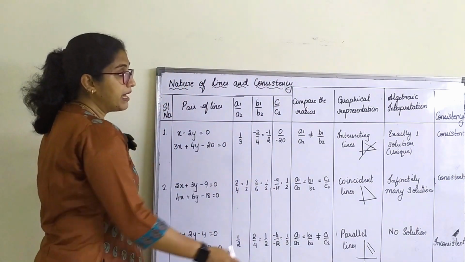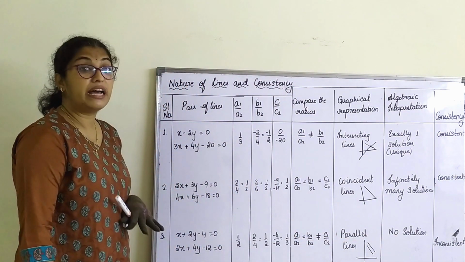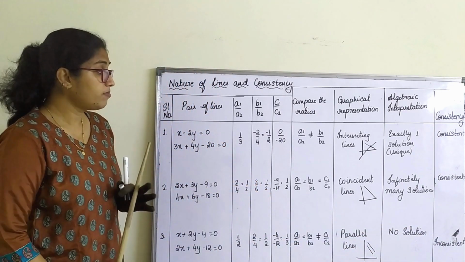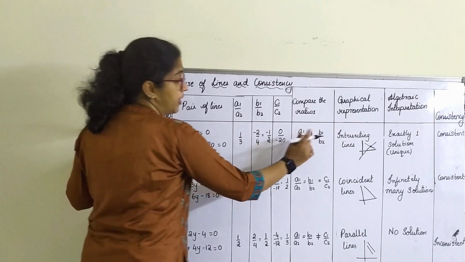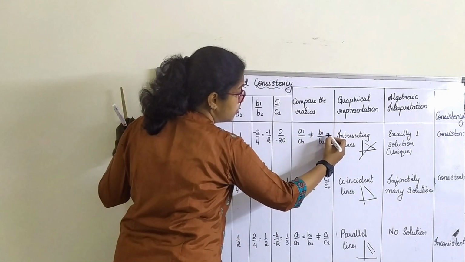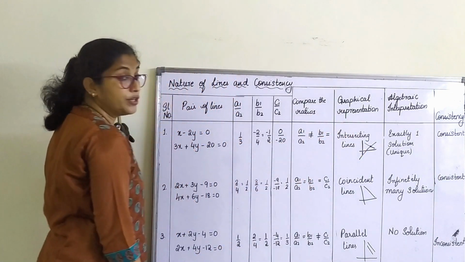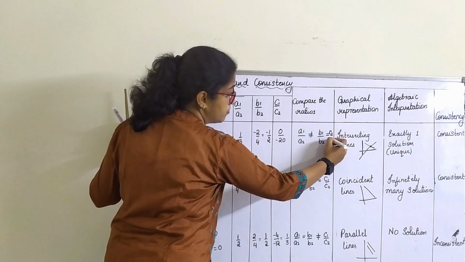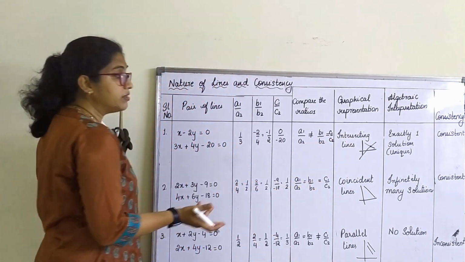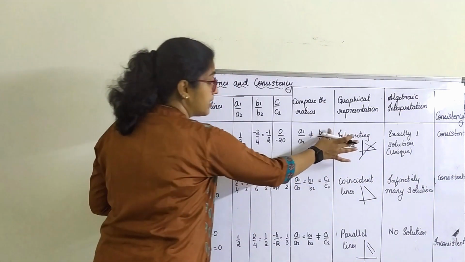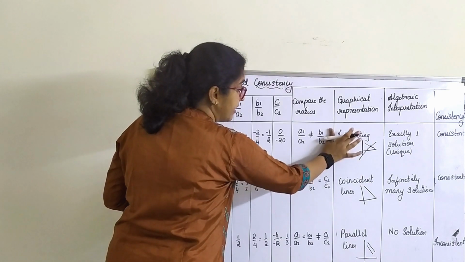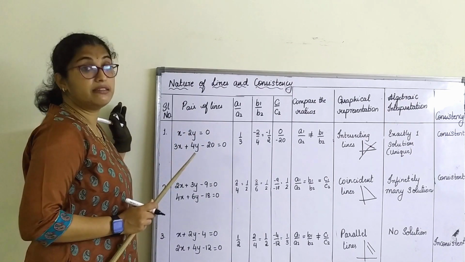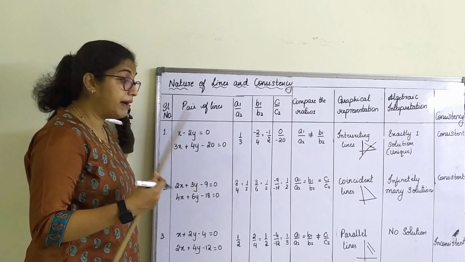That means if the lines are parallel, algebraic interpretation, the graph will have no solution and the nature is inconsistent. Now just look at here. If you ask me, what if this is also not equal to C1 by C2? It's going to be intersecting. What if this is equal to C1 by C2, but still A1 by A2 is not equal? So that does not matter here whether it is there or not there. At first only if you get they are not equal, it is understood that they are intersecting. C1 by C2 does not matter at all.